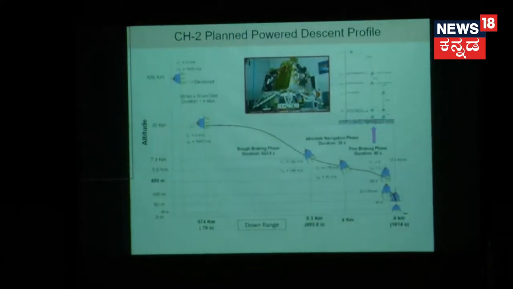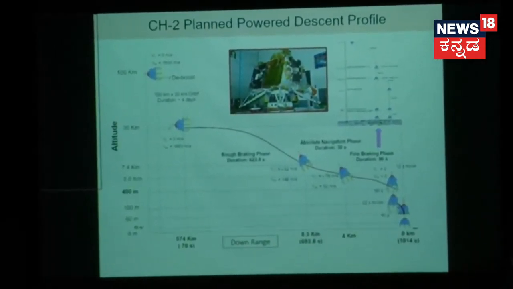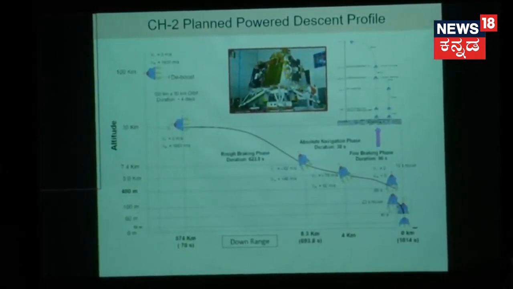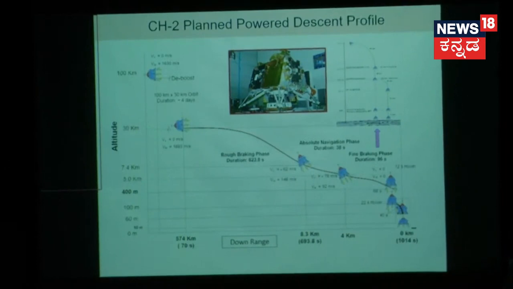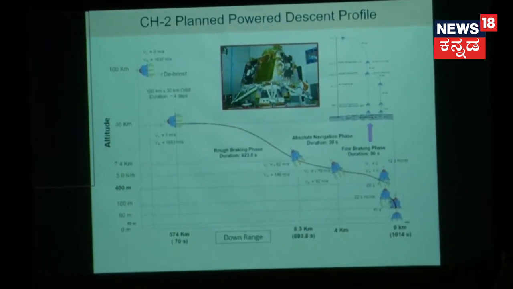Let me tell you, this is a little bit technical now. If you have no interest in flight dynamics, you can ignore it. The planning of travel of bodies across space is something very, very complex. It requires a lot of thought process and discussions, and coming out with certain methods by which it can be designed. The problem in bringing down any object from space to ground is the ability to remove the energy which is contained in it.